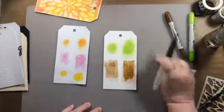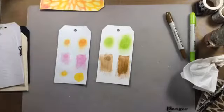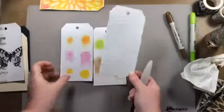You glad you got yours out, Stephen? I hope so. I hope that this does encourage people to get out some of their stash that they don't always use. Now, I did do as well some